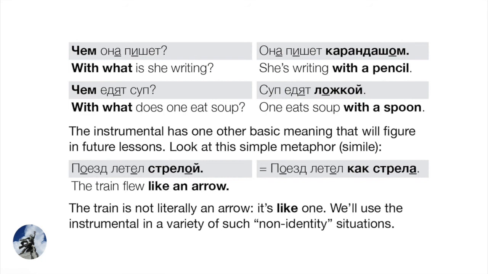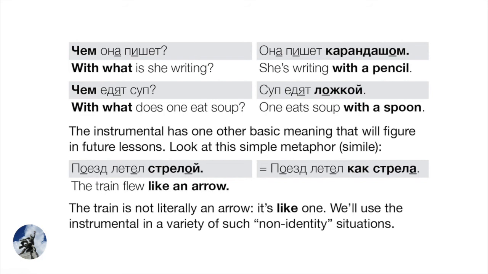Now, again, we can think of the most basic meaning of the instrumental case in this sense, like writing with the pencil, right? Again, it's expressing instrument, and as so often happens in Russian, where in English we need a preposition, we write with a pencil. In Russian, we don't need the preposition sa, for example. We put karandash into the instrumental case, and that conveys the fact that we're using it as an instrument.